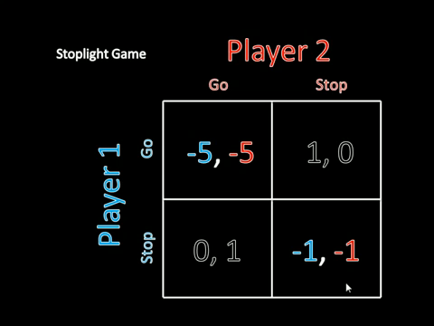And meanwhile, over here, if they're both stopping, so in this case, the person who has the green light is just stopping, well, either one of them could go and do better in that case. So these two things are not going to be Nash equilibria for obvious reasons, for intuitive reasons, things that you just naturally understand from driving around every day in your regular life. And in contrast, these two things here that we've previously discussed, these two outcomes where one player goes and one player stops, those are Nash equilibria. In fact, they're the only pure strategy Nash equilibria of this game.